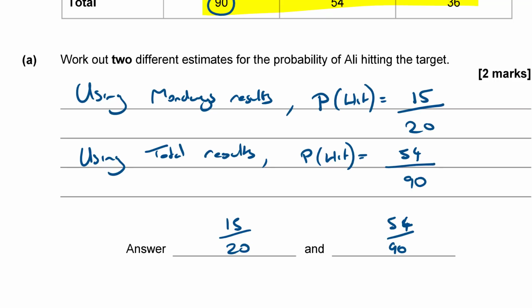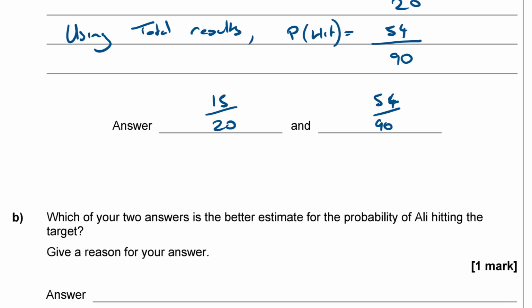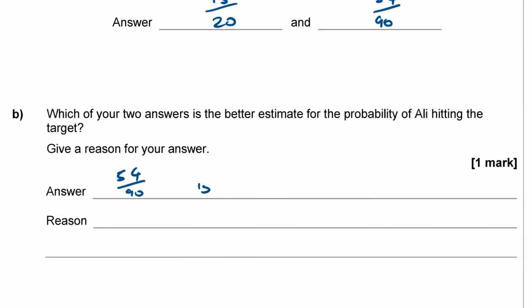And you will find over time relative frequency homes in more and more onto probability, or in other words, experimental probability gets more accurate when you increase the number of trials. So I'm going to say that 54 over 90 is the better estimate,